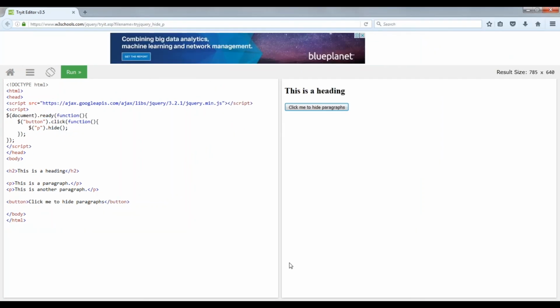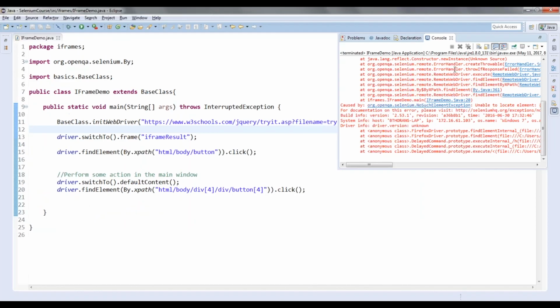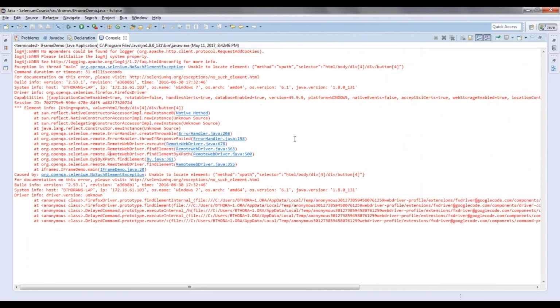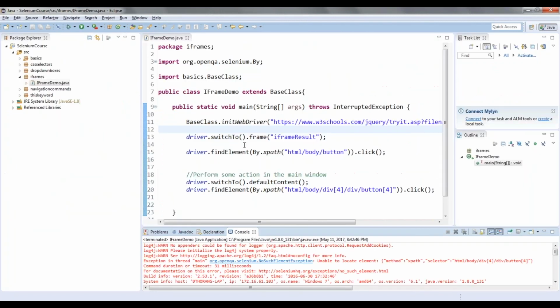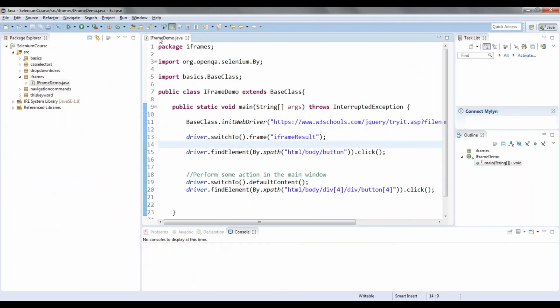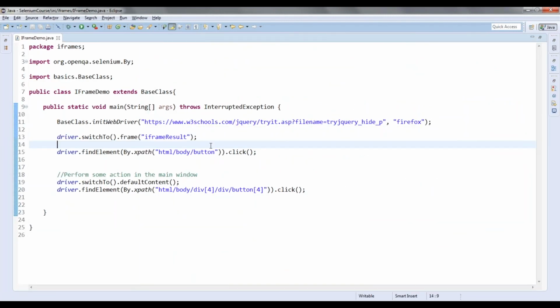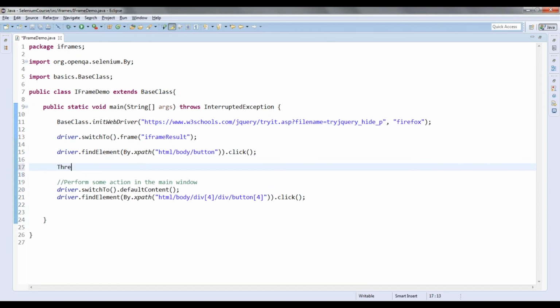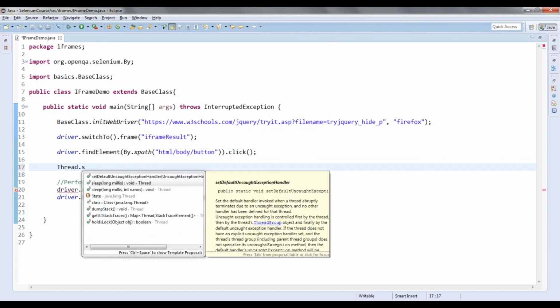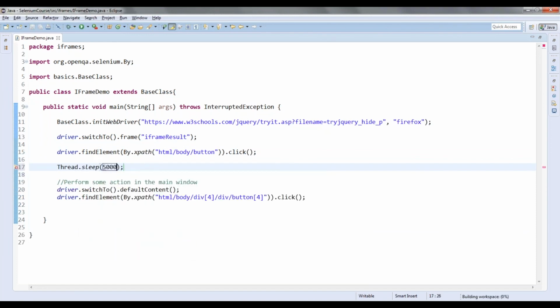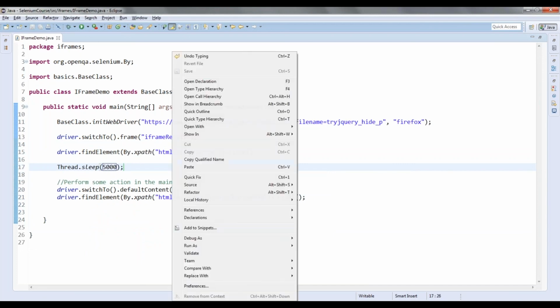You can see here, okay, it is once again giving you no such element exception. Let me see. Okay, so let me add a wait time here. Five seconds.